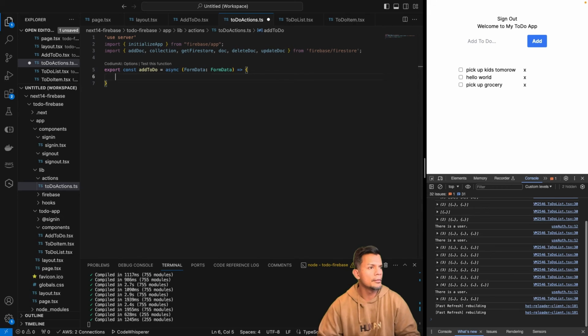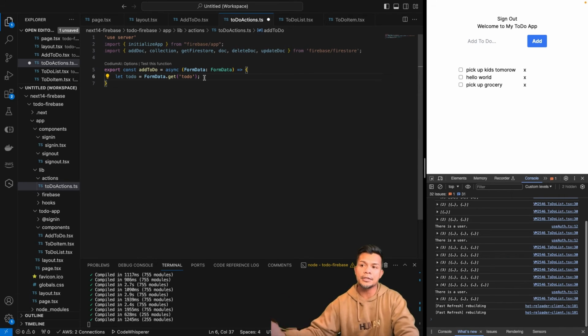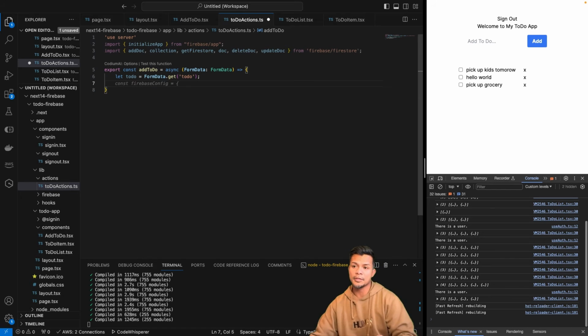And then let me go ahead and just grab some of these functionalities. Okay, so we have that. So we're going to grab the to-do, which is what's produced from the form. What we need now is to be able to initialize the app and use the app that's been initialized to be able to access Firebase, right? Our data. So I'm going to go ahead and copy this, but I want to show you what all that entails. So we're going to need to create a function